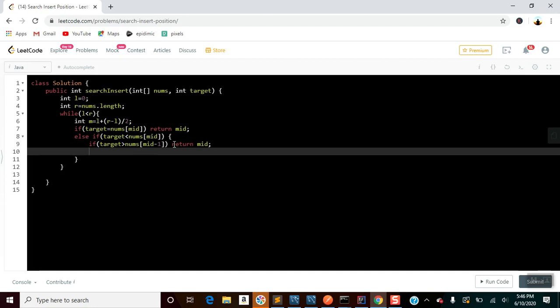And if that's not the case, let's say the target is less than the middle value, but it is not greater than the mid minus 1 value. In that case, you assign the right pointer equals to mid.